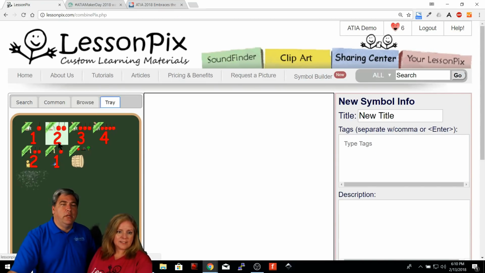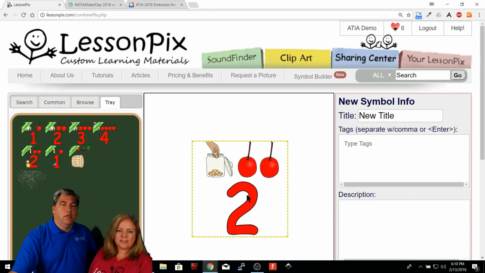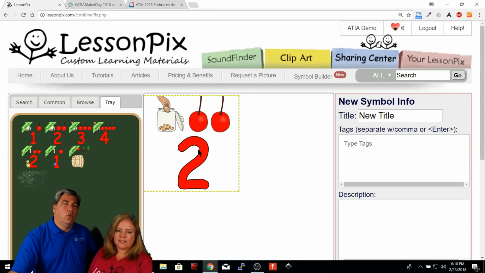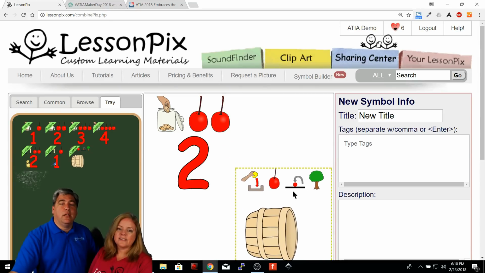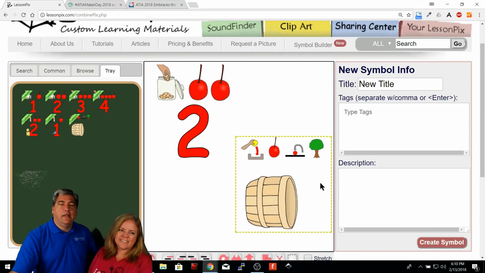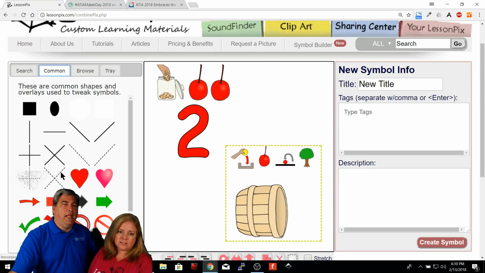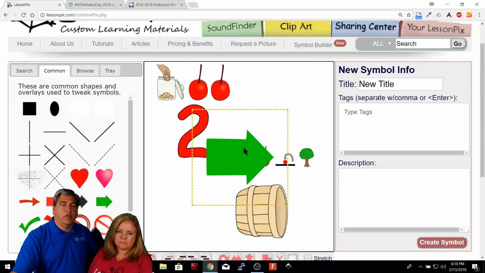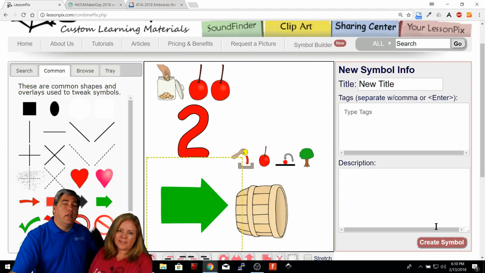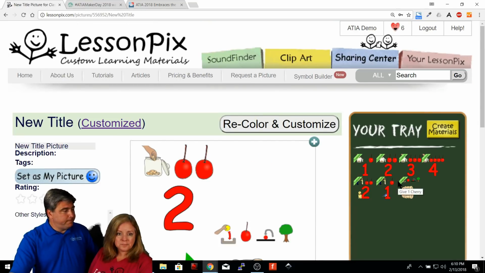So that's where you can go in here, and if you wanted to make these, put them on the upper right corner. You can do two. I'm not sure why I would do these, but if I wanted to, I can combine them like this, and all sorts of other nifty stuff, like under comment. I can point an arrow to something, right? Whatever I want to do, I can create my own symbols, and now I can share those things in the sharing center. And that's a big deal, right? It's a very big deal.